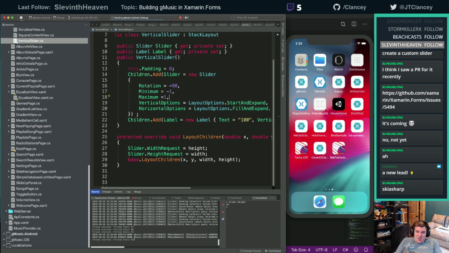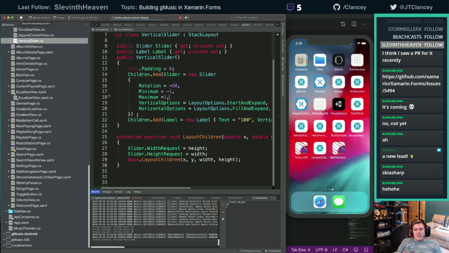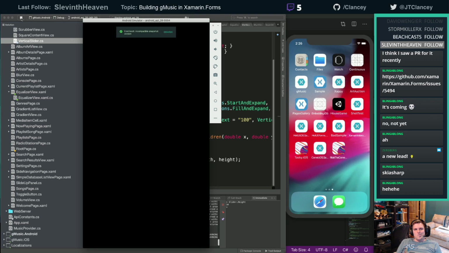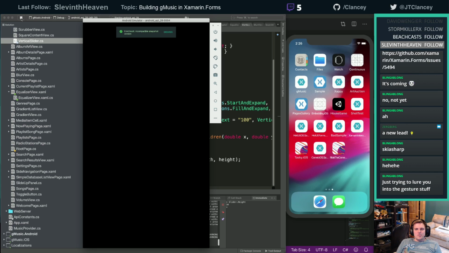SkiaSharp is sharp. I could draw it. At that point, we're running into our gesture things, and I could implement some gesture stuff. I'm not against doing the gesture stuff.